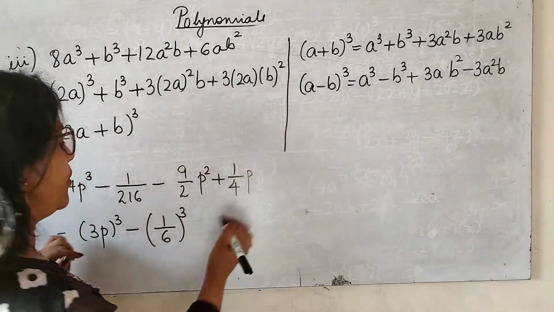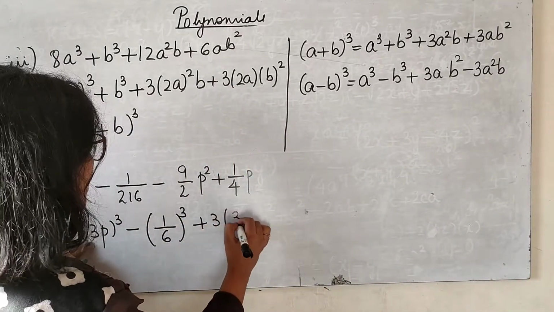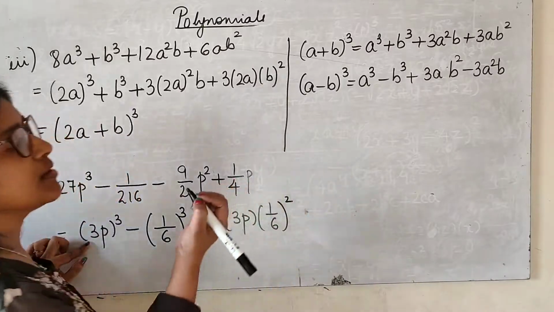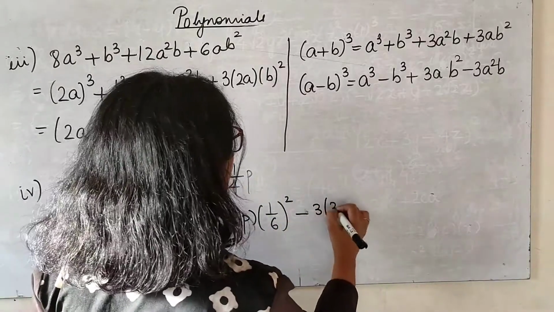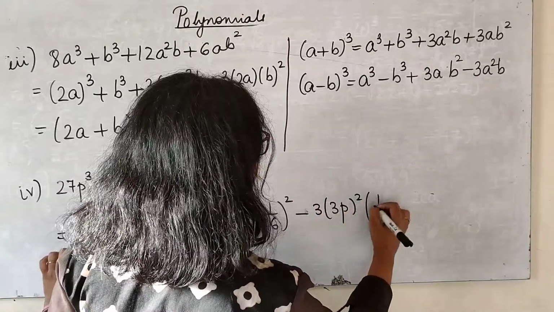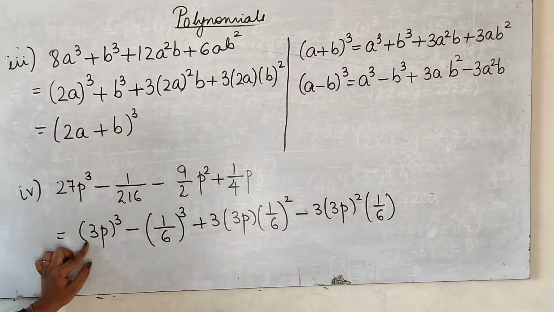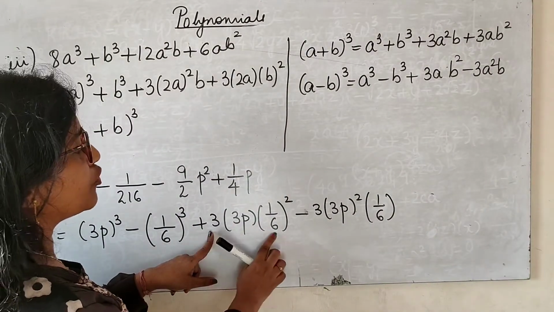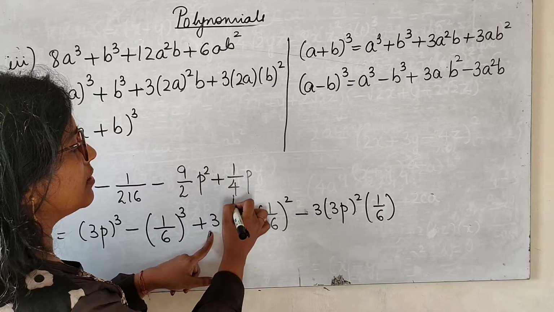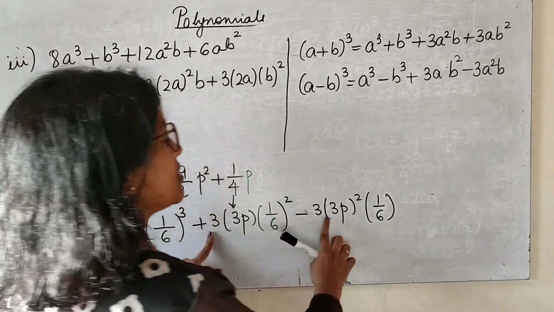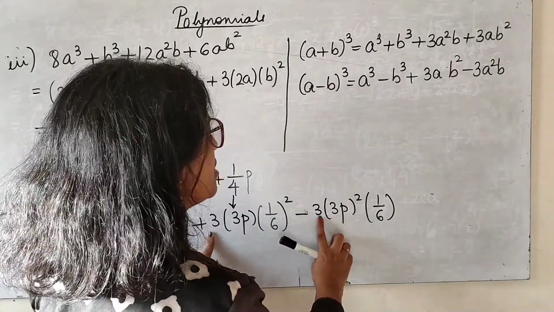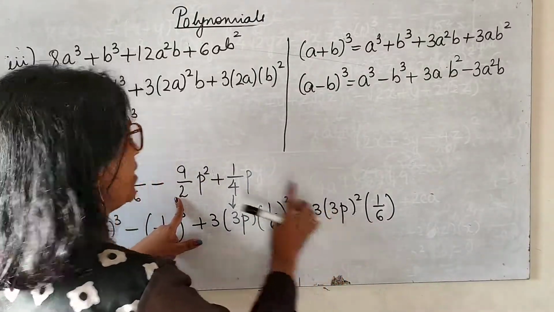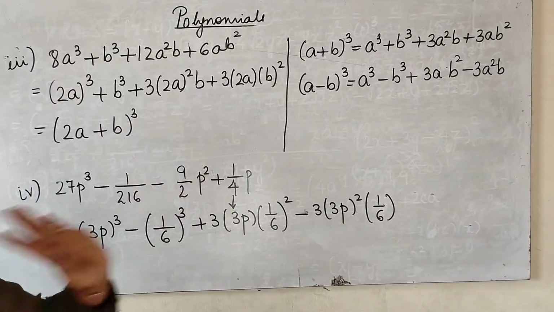Now go with the formula. Plus 3ab square I had written first, so I'm going to write this minus 3a square b. Okay. Now check. This is 36 and 9. 9 4s are 36. This is the one here. Okay. This is 9 and 3. So I think 2 will remain, and over here 9. 3 2s are 6 and 9. So 9 by 2p square. So the terms are adjusted.